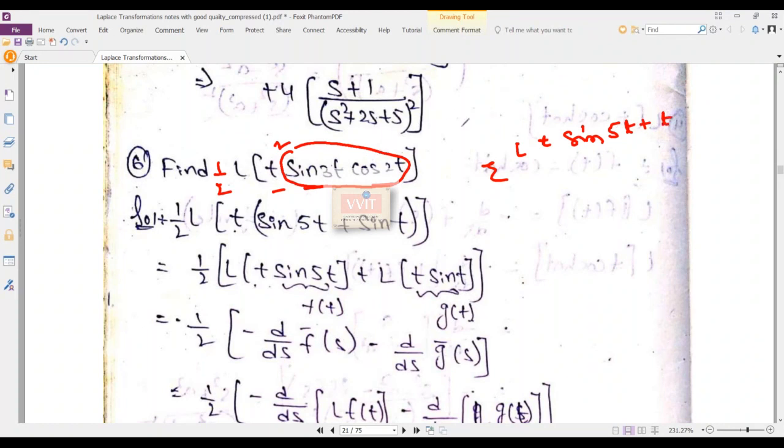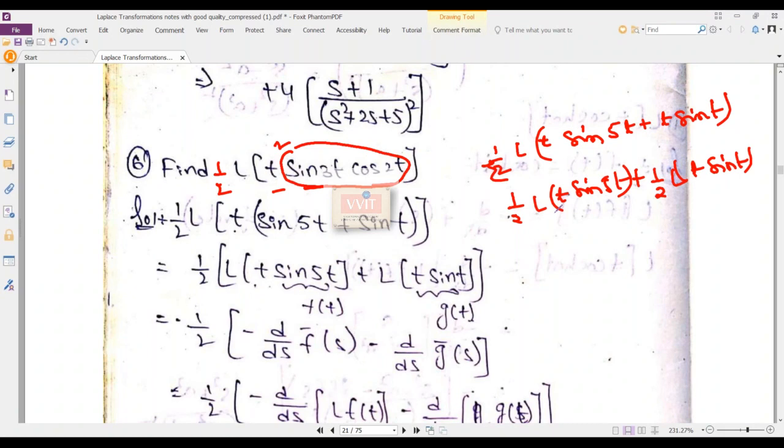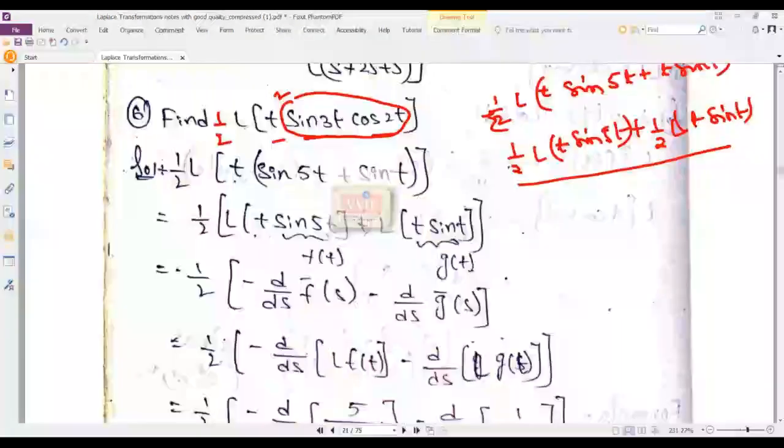t times 3 minus 2, 1, so sine t. Later, this 1 by 2, okay, here. Later I can write 1 by 2 times L of t times sine 5t plus 1 by 2 times L of t times sine t. This must happen. This is the way of simplification. Okay, friends. And sine 5t is